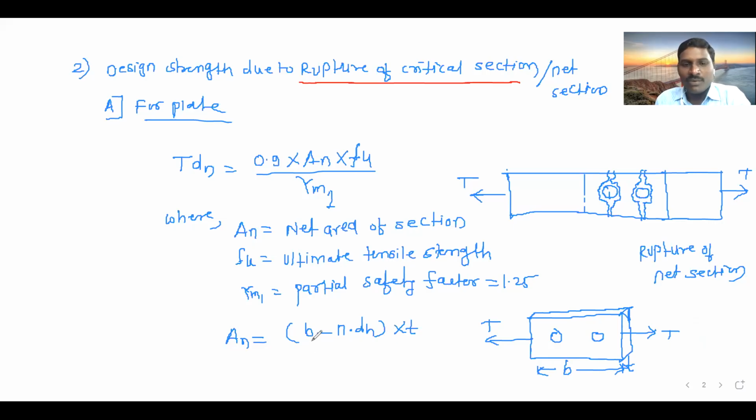Now you can tell me, what is B here? Width of plate, correct? So what is the area here? A is equal to B into T is the area now. What is the gross area here? AG of this plate is equal to B into T. Is this correct? Yes, sir. We take this cross-sectional area, meaning how much thickness there is and how much width there is. Width into thickness is your area. So now this is the gross area. Now we have to deduct these holes.